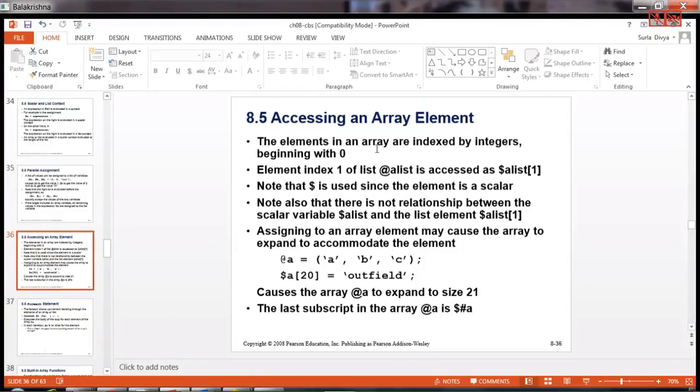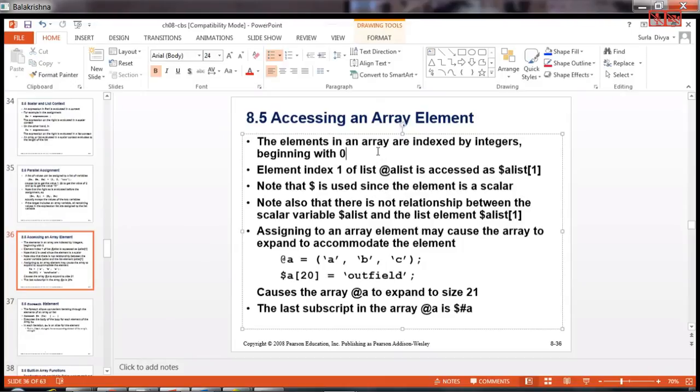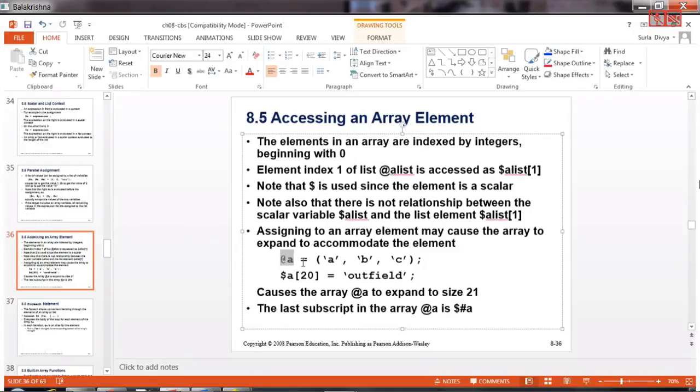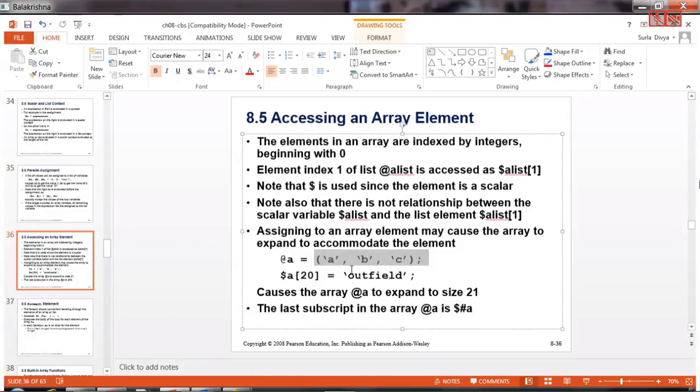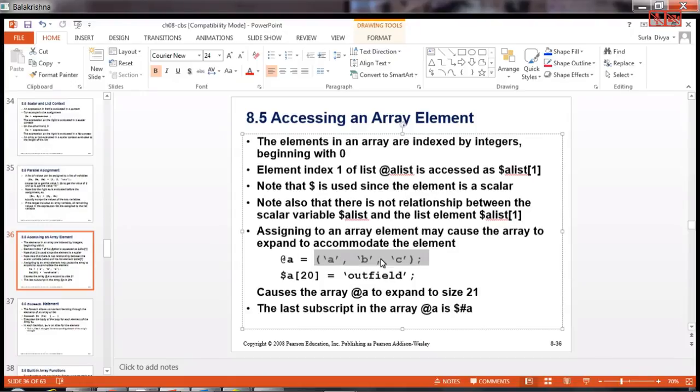The elements in an array are always indexed by integer numbers beginning with 0. So let's say @a is an array variable, and it is assigned this particular list a, b, c. Now I want to fetch or print the value a or the value b.